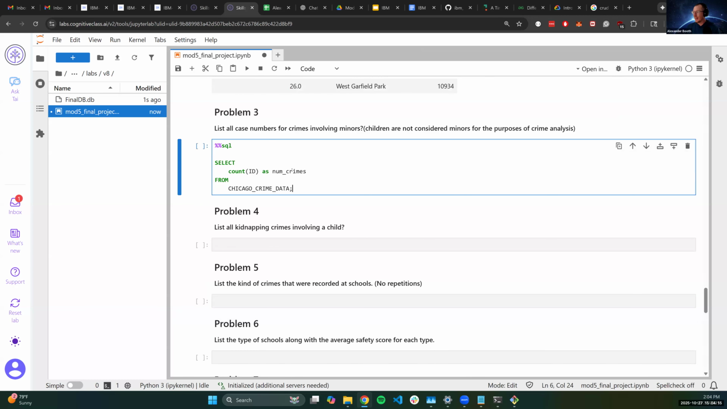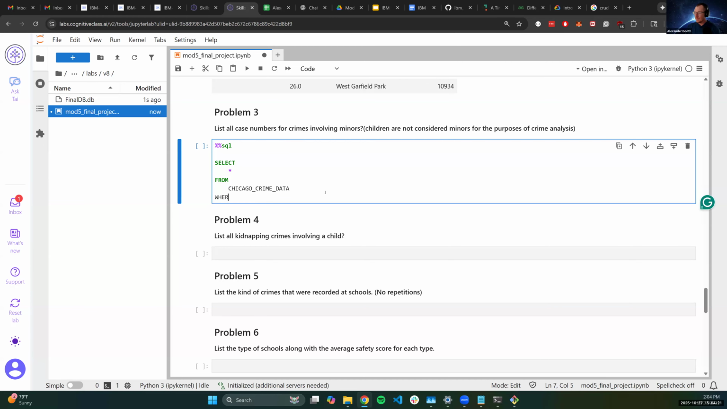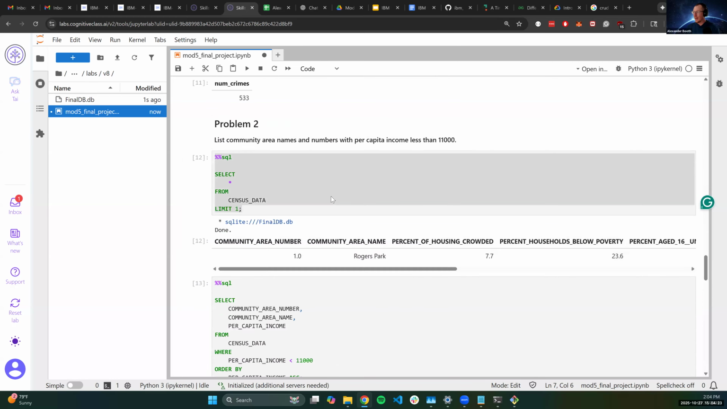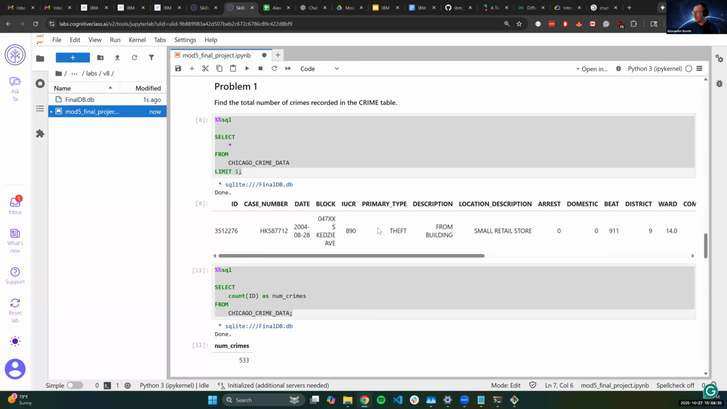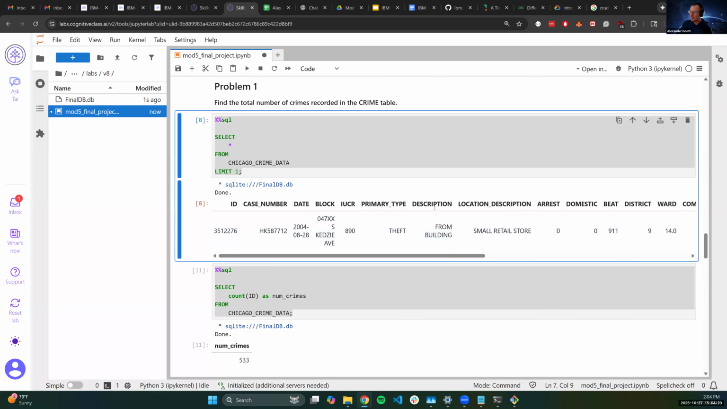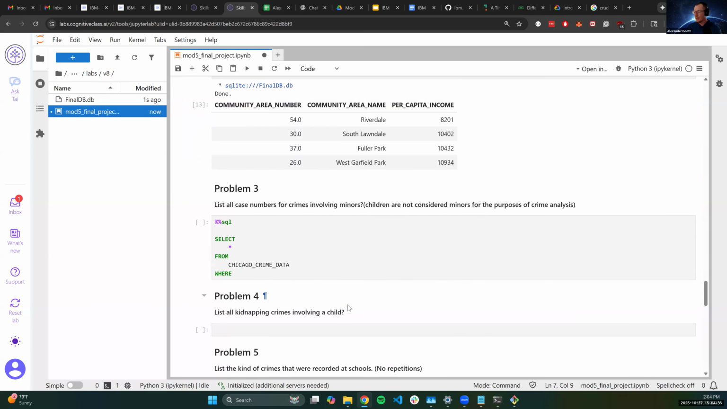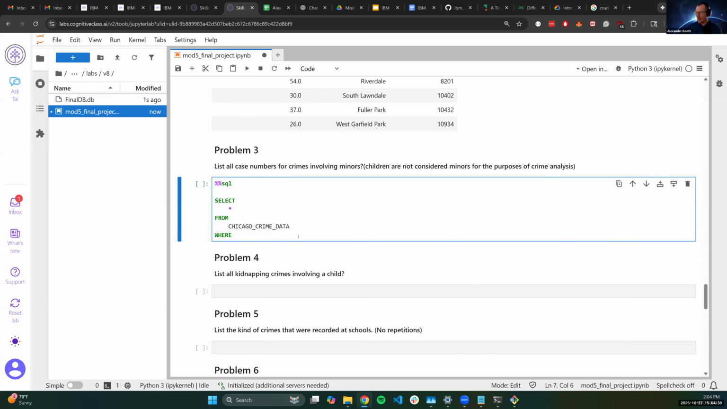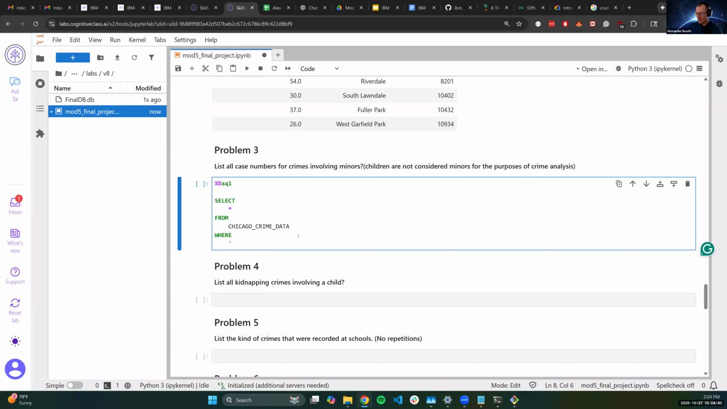All right, so let's select, I'm just going to do a select star from our crime data. And now we get to our where clause. For our crime data, the case involving minors will happen in the description. So let's check if the word minor appears anywhere in the description of our crime. So it should be something like where description